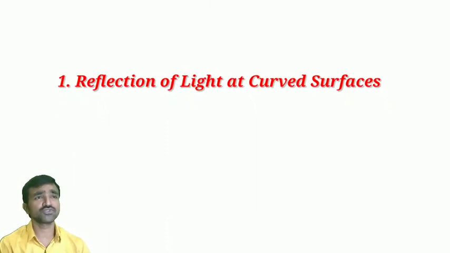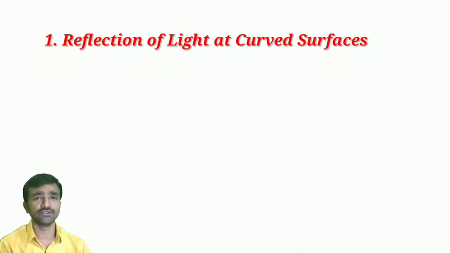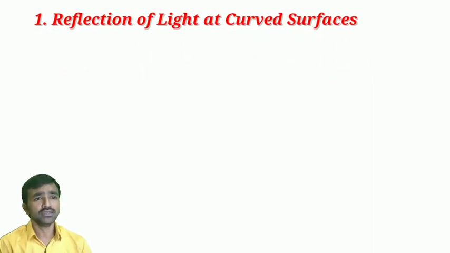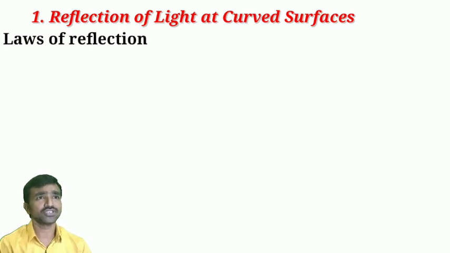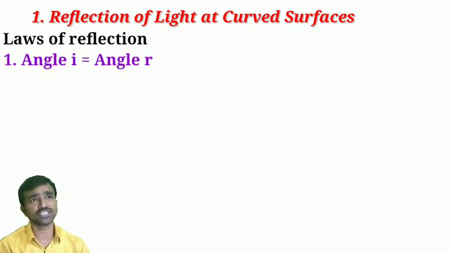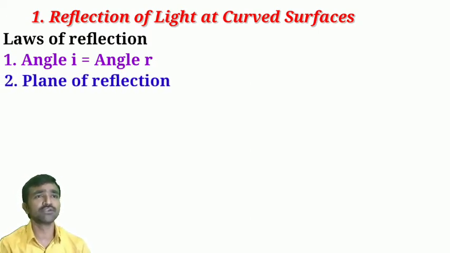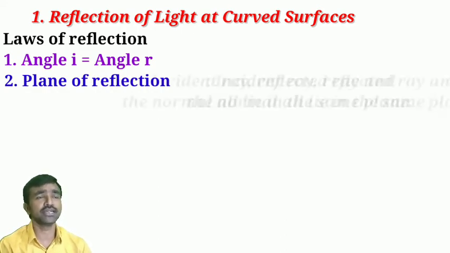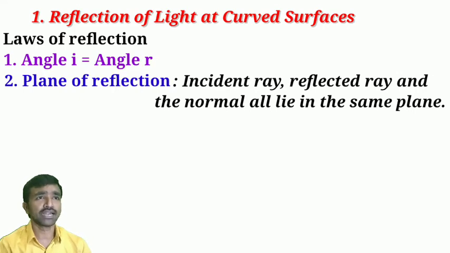Today I will discuss with you about the law of reflection. So here there are two types of laws in this. One is the law of reflection, that is about the angle of incidence and angle of reflection relation, and one more is the plane of reflection. So what is a plane of reflection? That means simply the incident light ray, the reflected light ray, as well as the normal, all lie in the same plane. So here we'll show that with the same activity only.